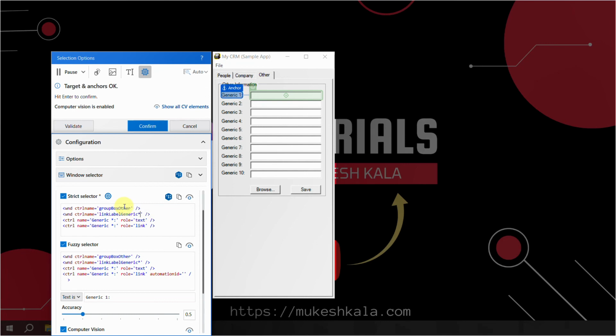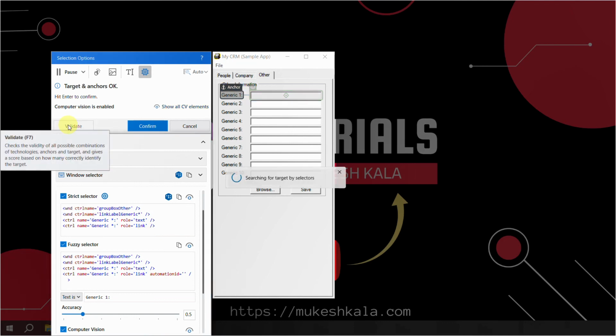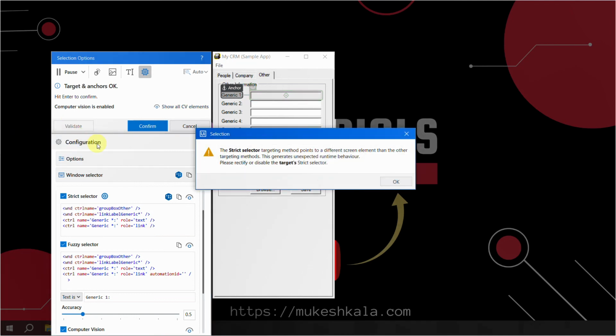Now the target method still says that hey, I am still able to find it, right? But I made some changes in the selector. I can click on this validate button and now it shows me that the strict selector targeting method points to a different element on the screen. This will generate unexpected runtime behavior. Please rectify or disable the targeting strict selector. So UiPath gives you a warning that hey, you have made something and now the strict selector is not able to identify the elements. So I say okay,